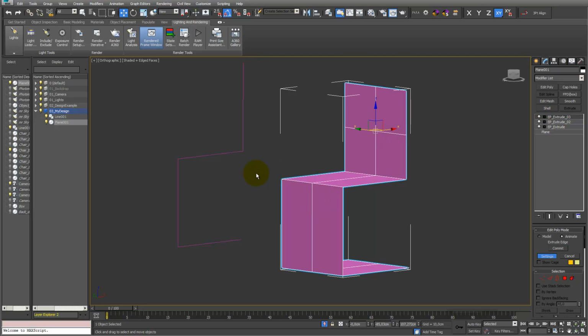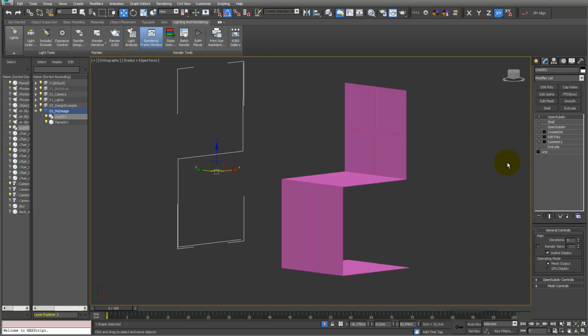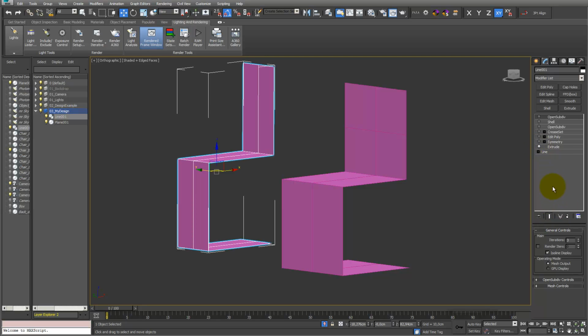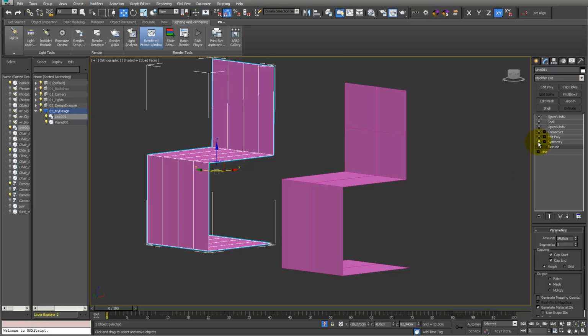You can also start, by the way, with a line. This is my line, and I extrude my line like this, in 20 centimeters. I can put a symmetry modifier on top. You just see my extrusion has two segments, 1 and 2. I put a symmetry modifier on top. I could have also extruded it by 40 centimeters, and then I don't use this symmetry to